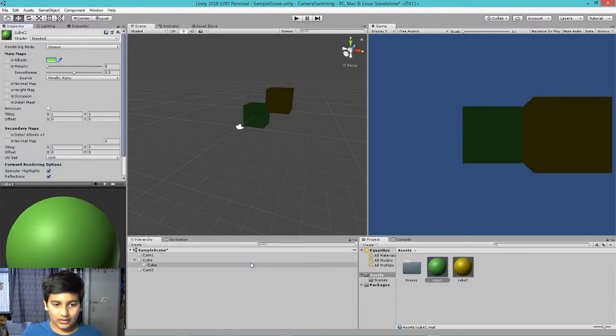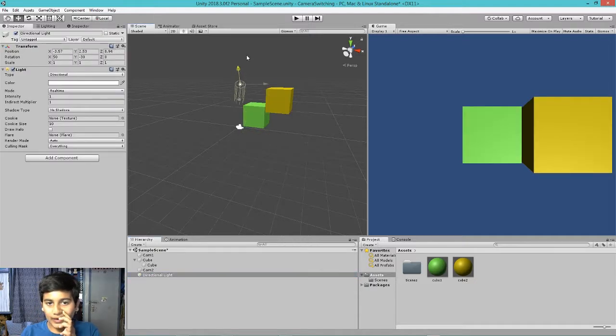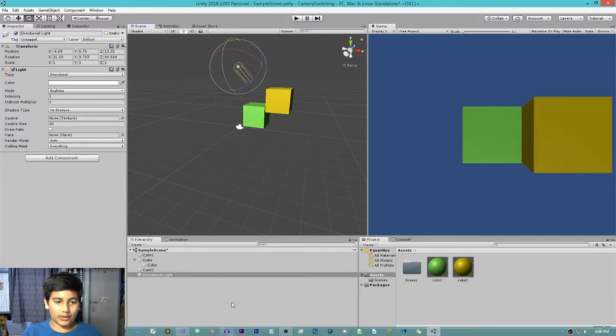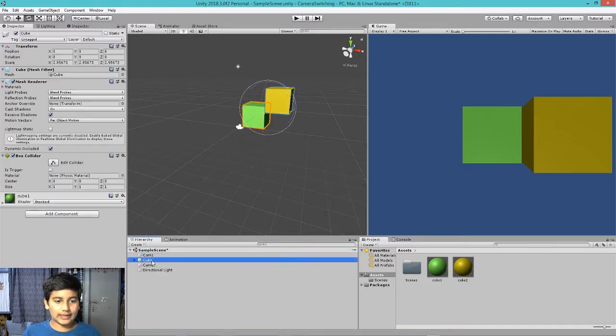Yeah, let me add a light, yes, directional light. And now as you can see, we are able to see properly now. Cam 1 and cam 2, as you can see guys,